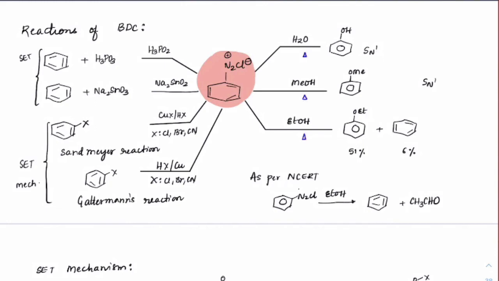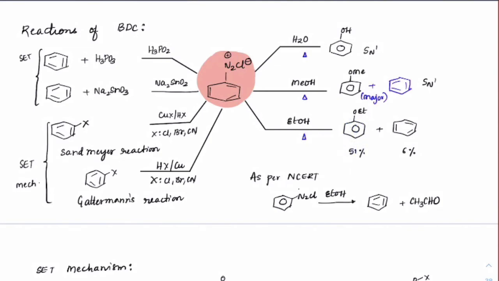Now in case of methanol and ethanol, it has been observed slightly different. In methanol, we might see a methoxy group here as well as an alkene, which is benzene here. These two can appear. So the major product is this one. Got it? In case of ethanol, it all depends on temperature. If you start heating more, alkene is favored. If the temperature is less, then ethers are favored.